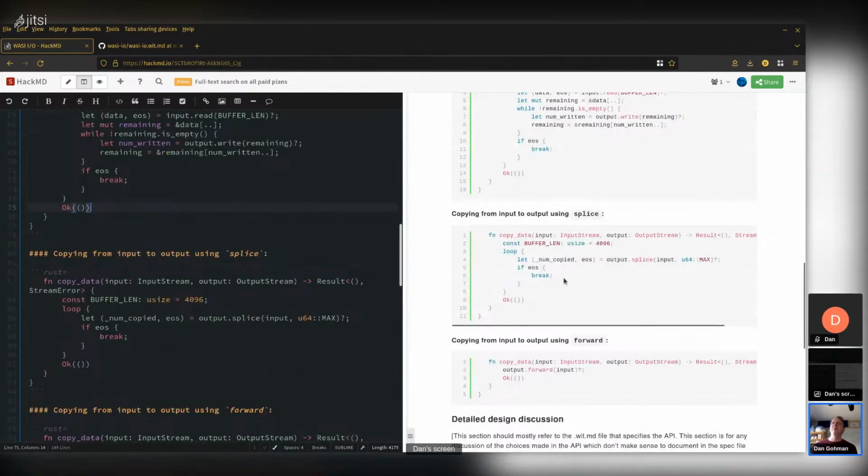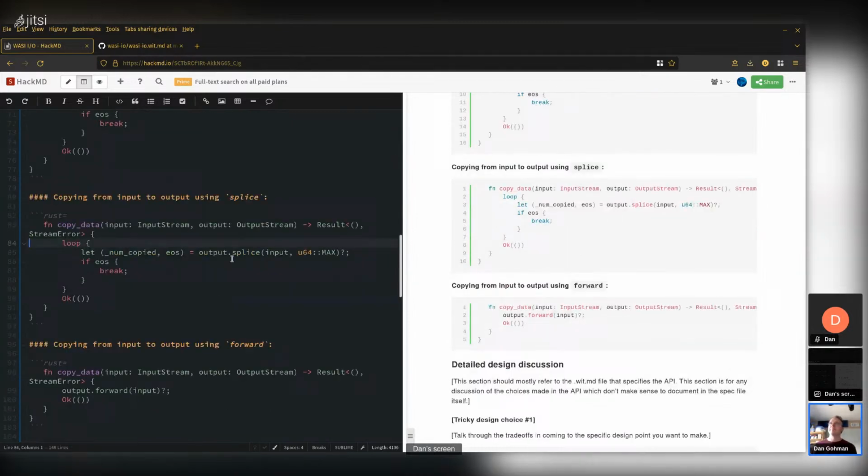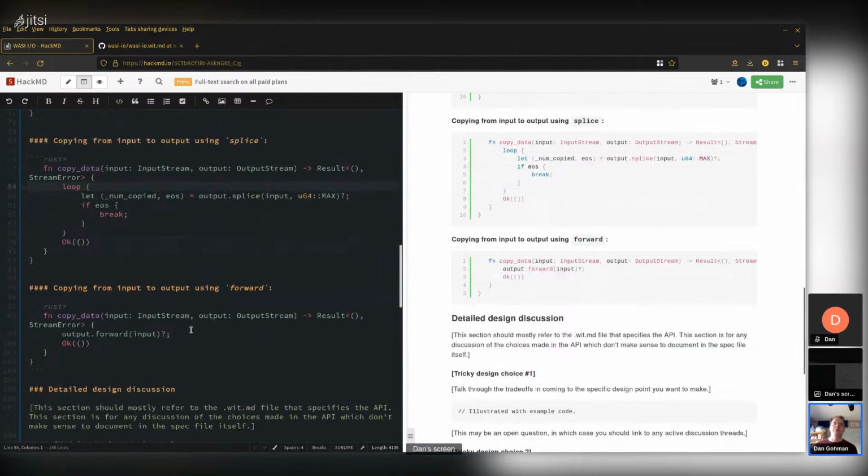And this is simpler. It still sort of knows about, oh, actually we can delete the buffer line. We don't even need that here, which is nice. Oopsie, I gotta edit the edit window, not the display window. And copy the bytes through. And then the very simplest version, we're just going to forward the data on and do it all for me. Might fail, that's okay. And then succeed.